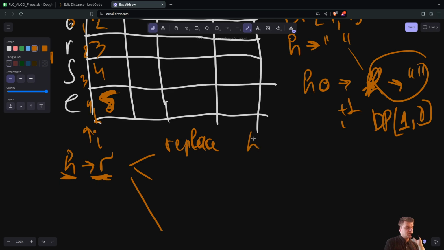So I have H and I replace H to R, and I got R. So it's gonna be empty string to H. So it's dp[1][1]. It's gonna be dp